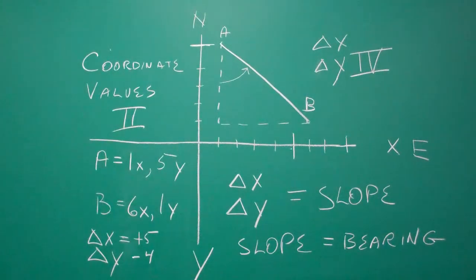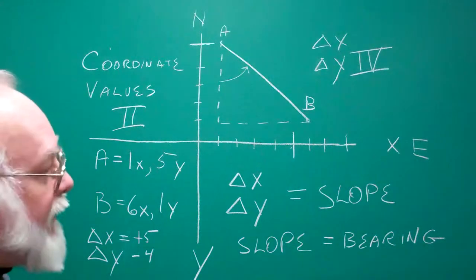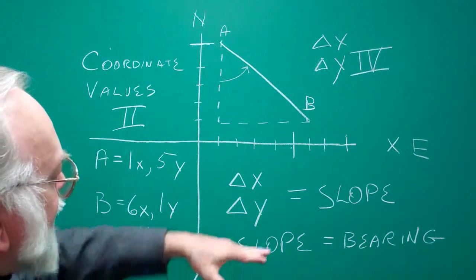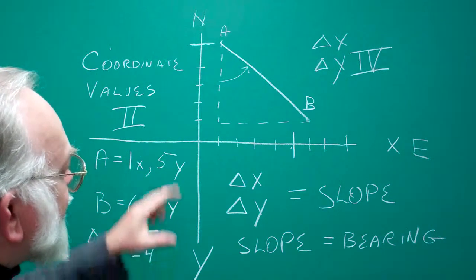We're going to continue on. And we solved for the change in x. We solved for the change in y. Now we're going to plot it on our graph here. And remember, this is just a regular graph. Everything we've done so far has been on simple